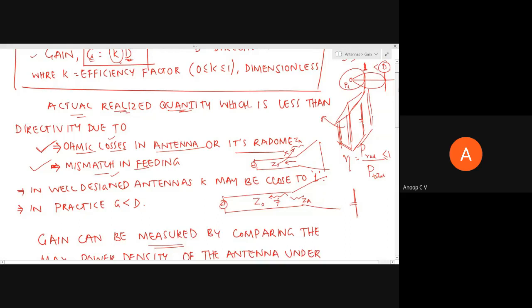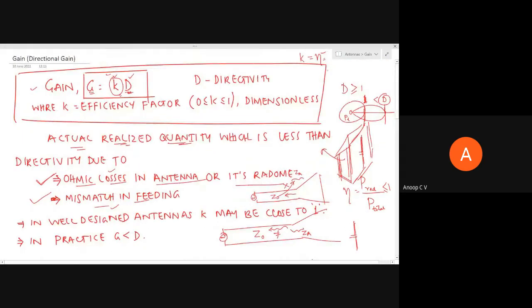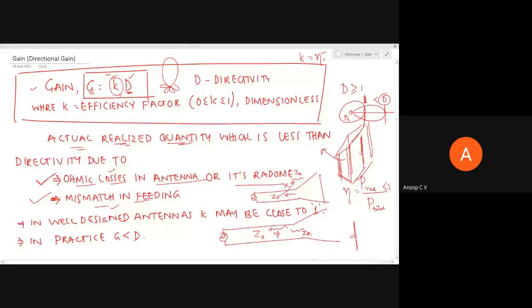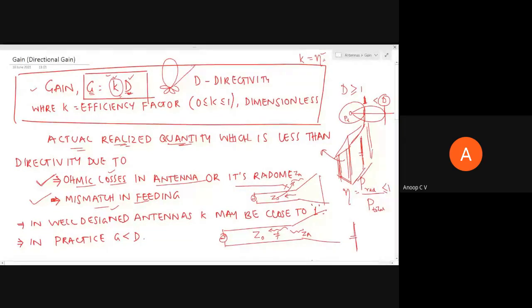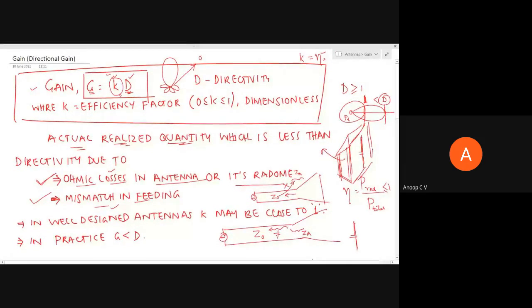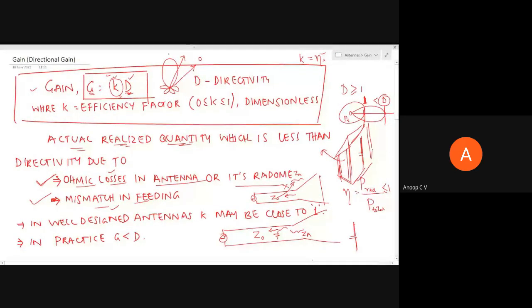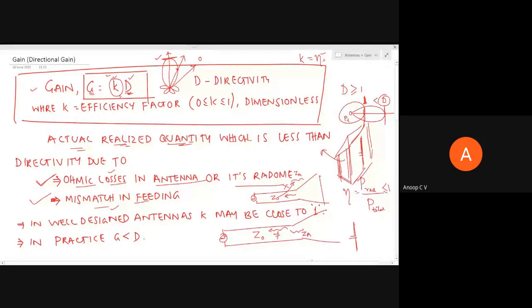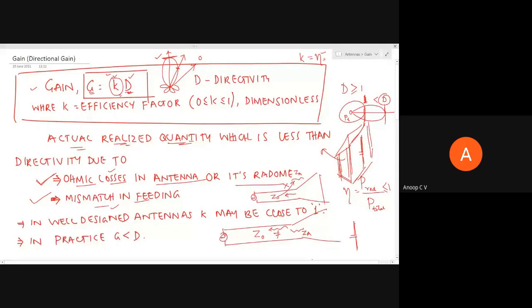So this gain, if you have an antenna with some radiation pattern like this, right? Suppose you have an antenna with some radiation pattern like this. So we can find out gain in any direction. If you see in the direction of null, gain is 0. If it is some other direction, gain will be less than maximum. So when I say gain, unless otherwise specified, we are interested in maximum gain in the maximum direction, the maximum directional gain. But gain can be defined in any given direction. The gain in any given direction will be the actual power density in that direction to the average power density.